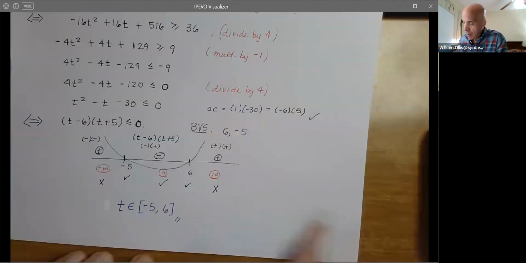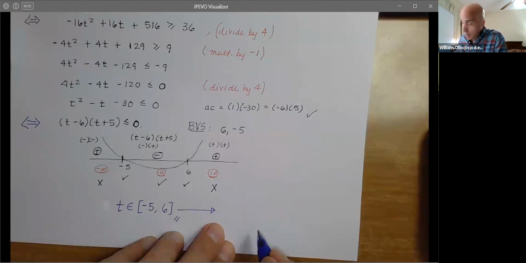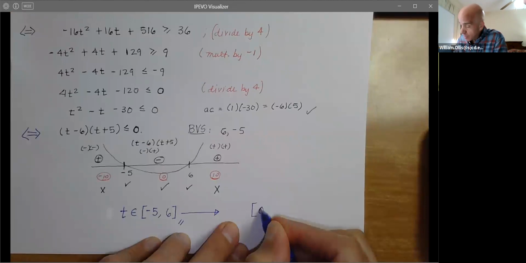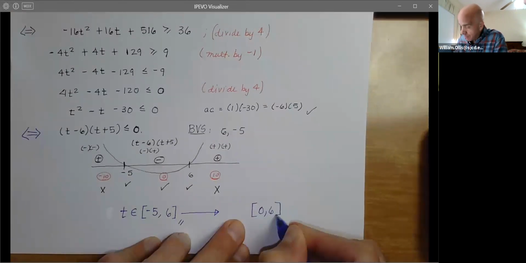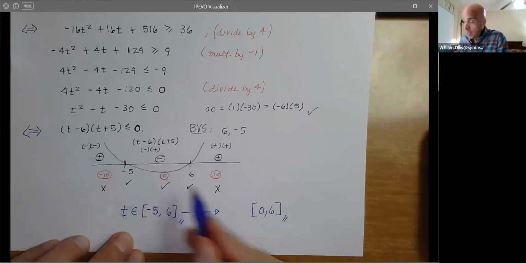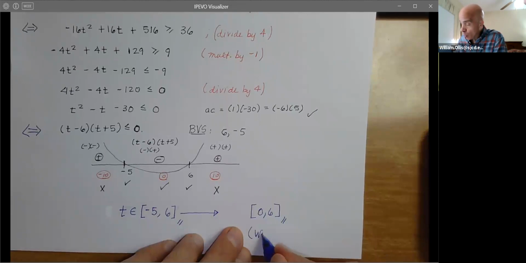So we must restrict to the final interval of 0 to 6. So this is true for this inequality, but for the word problem, so we're going to say word problem,